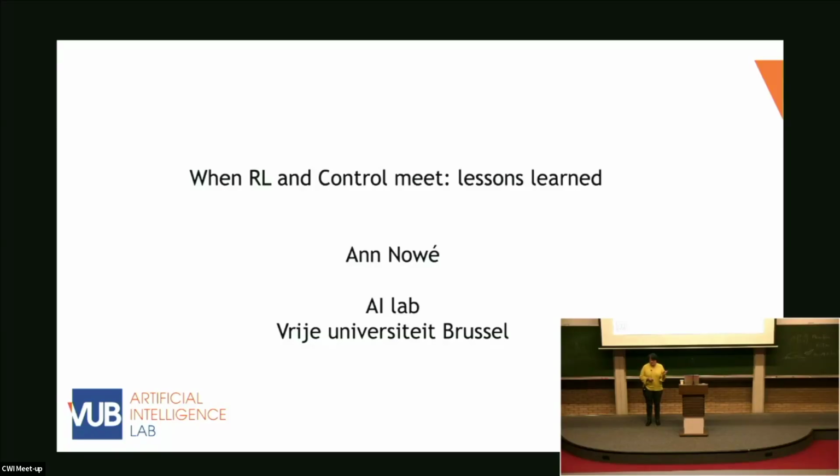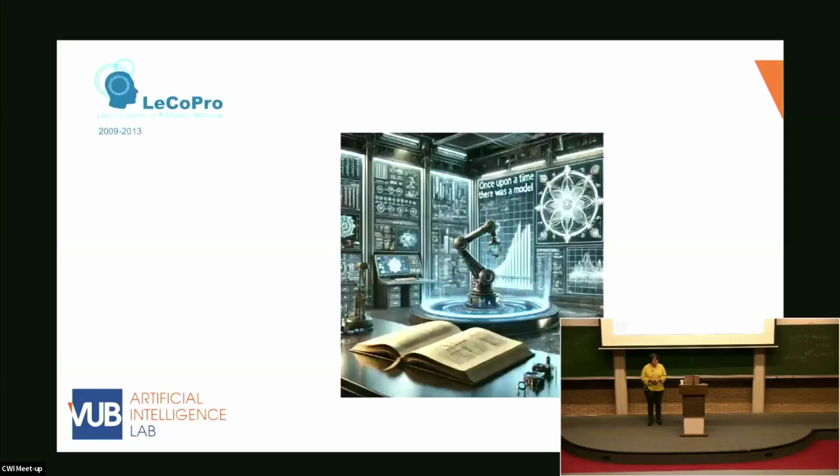The first project I'm going to refer to was, I think, from 2009 till 2013. At that time, I very much had the impression when talking to control engineers, and that's the name of the project, LecoPro, which stands for Learning Production Machines. Of course, the image is generated by Gen AI, but I very much had a feeling like once upon a time there was a model. And why I'm saying this is because